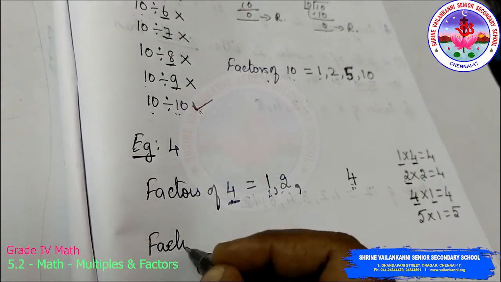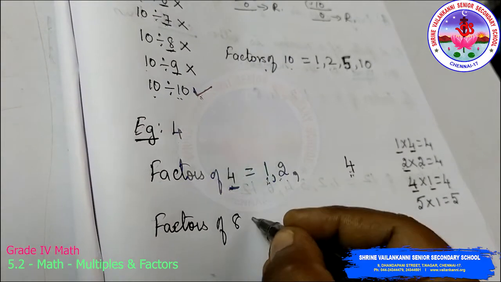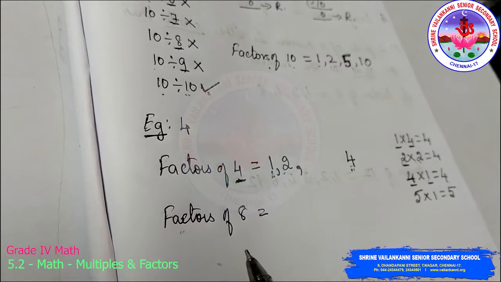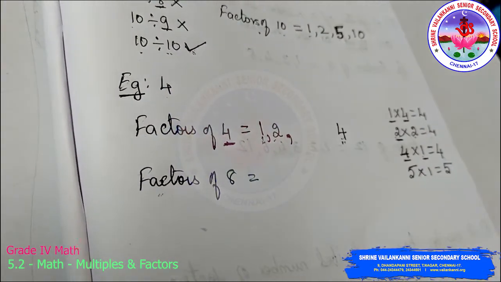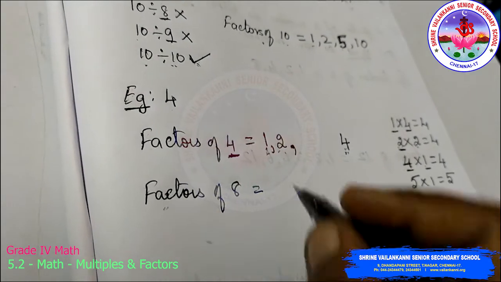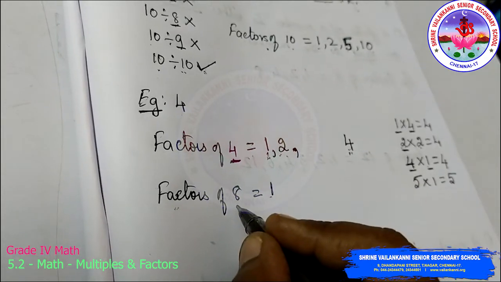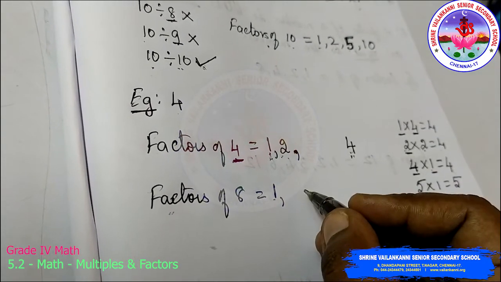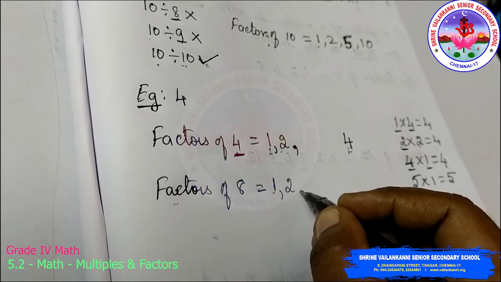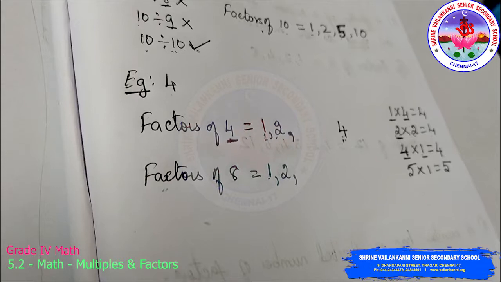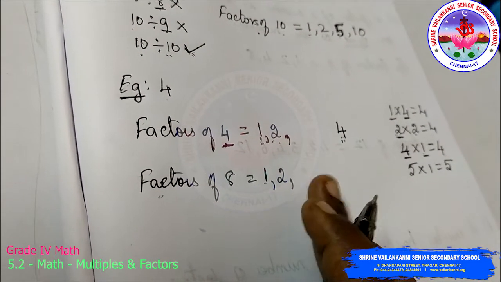For more clarification, I am just taking one more example, like 8. Factors of 8. Okay. So I am starting with 1. So always please start with 1. Okay. In the 1 table, 8 will come. In the 2 table, yes, I will get 8. 2 4s are 8. And then the 3 table, no, in the 3 table I will not get 8. So I don't want to write here.